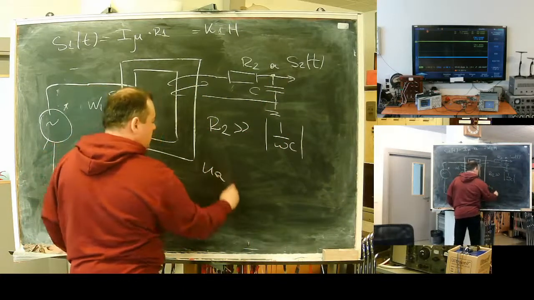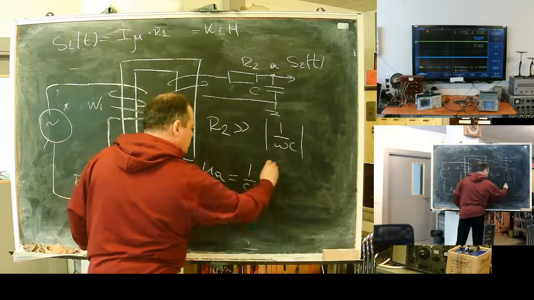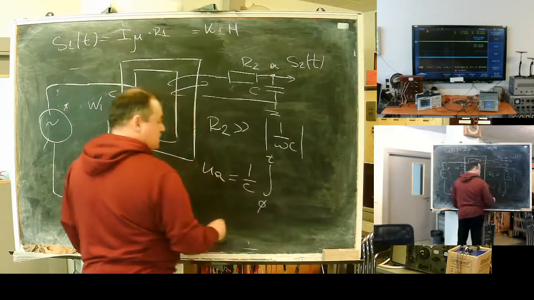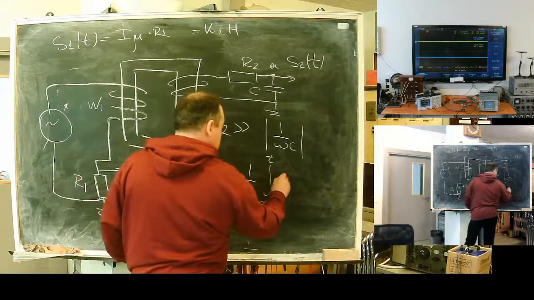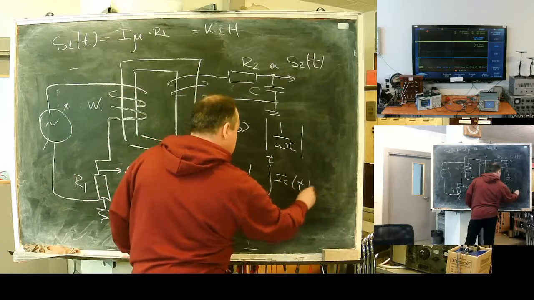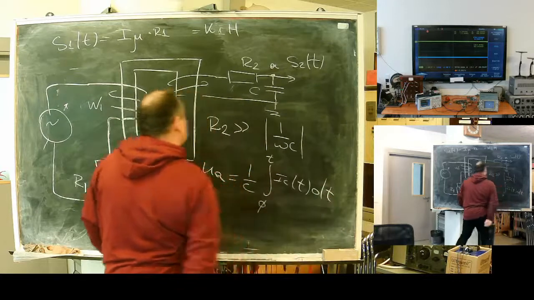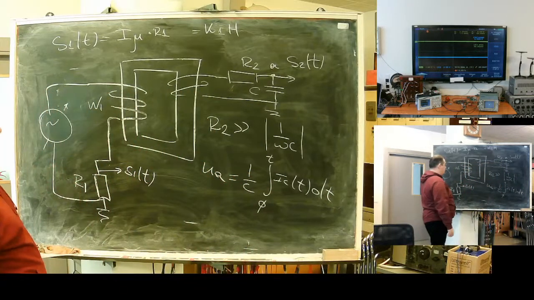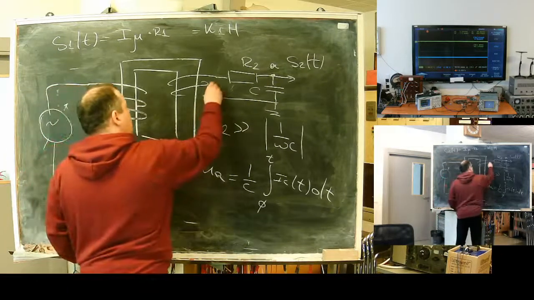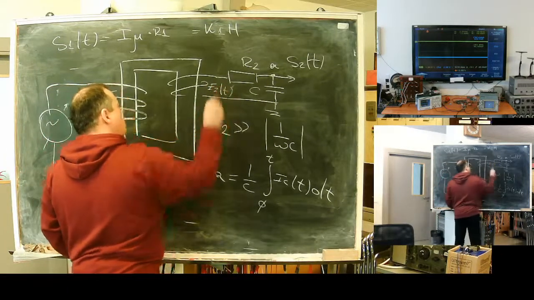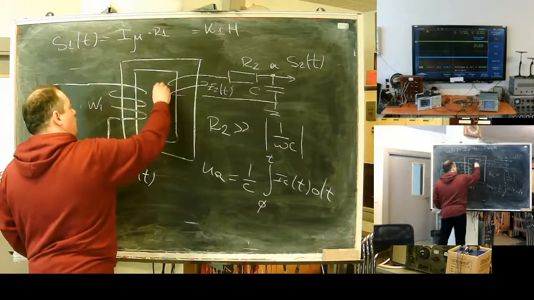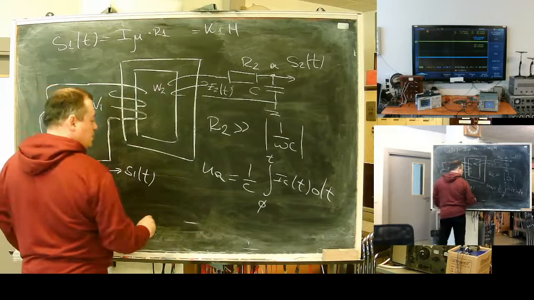Voltage is 1 against capacitance, integrating from 0 to time. Capacitor current. It's clear. The EMF of the secondary winding will be